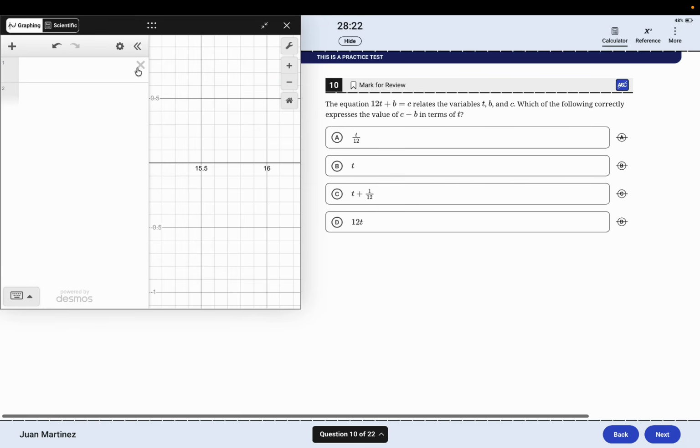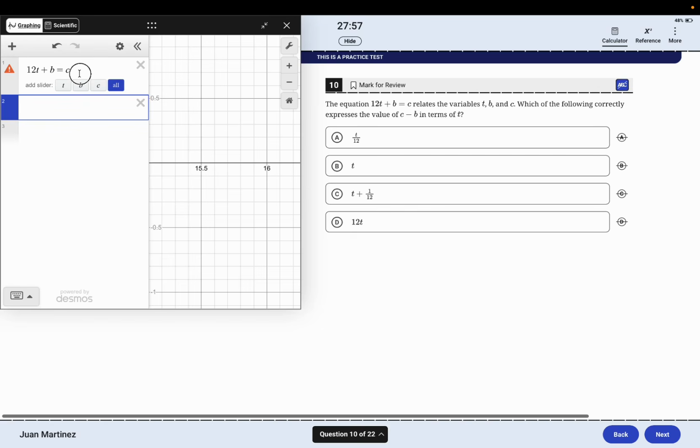So the equation 12t plus b equals c relates the variables. Which of the following correctly expresses the value of c minus b in terms of t? So it's saying what is c minus b pretty much. Okay, so I have to kind of just write it on Desmos because I don't